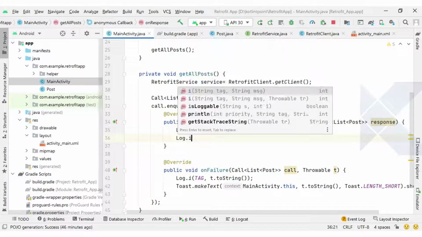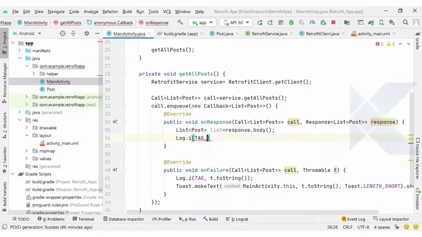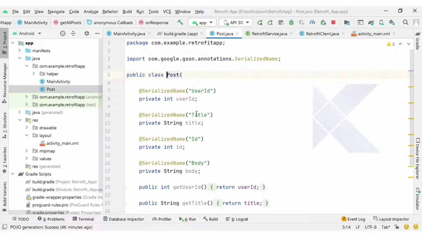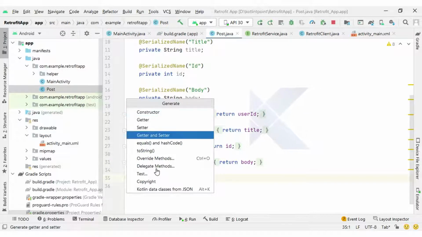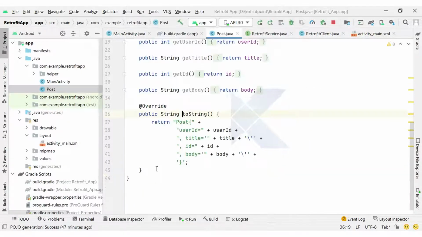So let me print this data first of all with our logcat. Here I am going to use list.toString, and accordingly I will also have the toString method in my Post class. So let me create one method here, Alt+Insert, toString. Okay, so we have done the toString method as well.